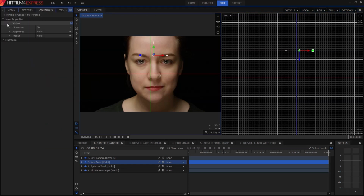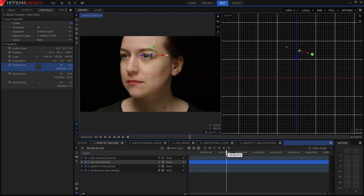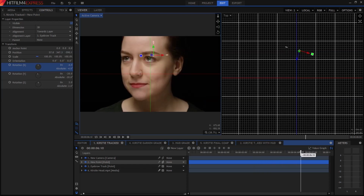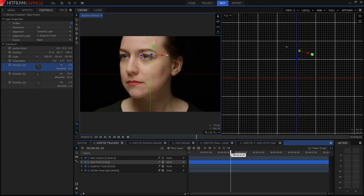I'm now going to use the alignment tools in HitFilm to tell the 3D point to look at our original 2D tracked point. This means that as the 2D point moves around the frame, the 3D point will always rotate to look at it. The 2D point is basically going, "Over here! Hey! Hey!" And the 3D point's all like, yeah, Star Wars references in an Iron Man tutorial is totally fine